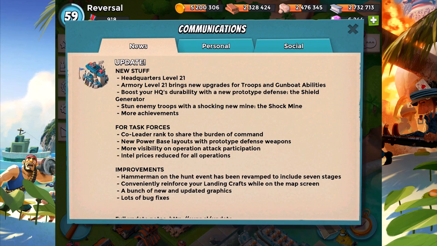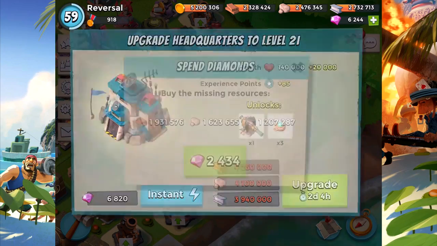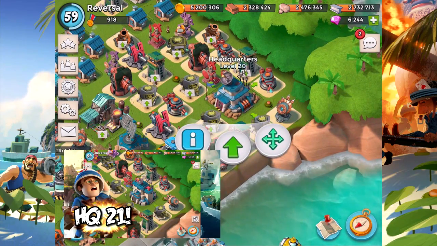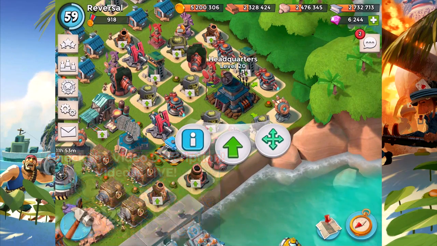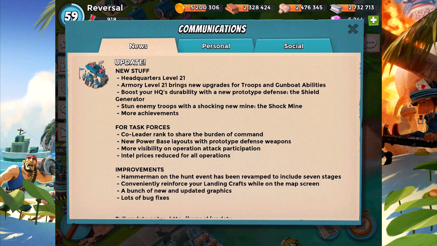Of course, Headquarters level 21 was a thing for sure. We can finally go to Headquarters level 21 if you are level 59 into the game, which I am. So very soon, because I don't have enough resources right now, but very soon I'll be able to show you guys in a separate video coming out later today what it is like to advance onto Headquarters level 21, because I have the diamonds to instant finish pretty much everything, but I just want to dedicate a separate video to that. It comes along with the Armory level 21, you'll be able to upgrade there, so that's pretty